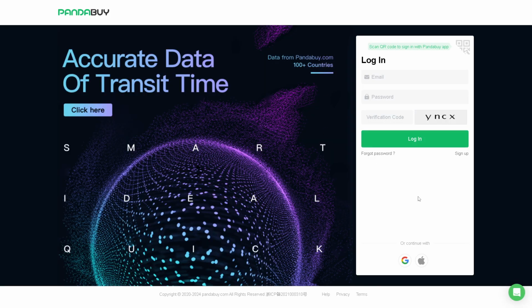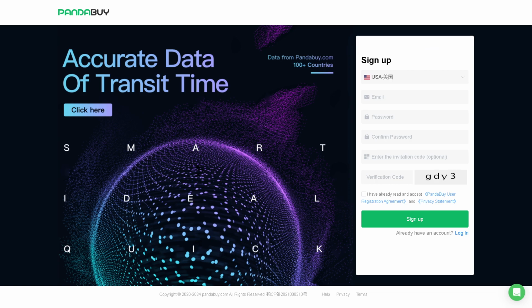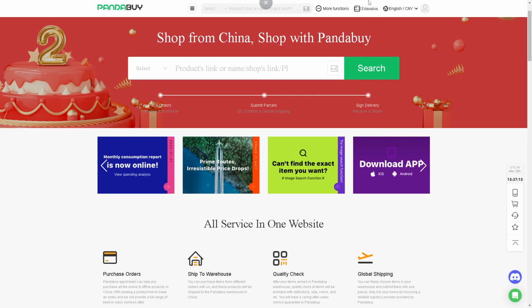And if this is your first time here on Pandabuy, you might want to click on the sign up button. All you're going to do is provide your email address and password, and by clicking on the sign up button, you're all set. Now, once you are here in Pandabuy, there are a lot of options that you can do,